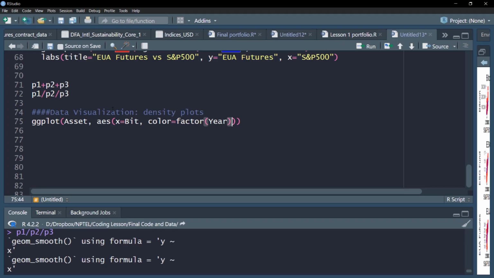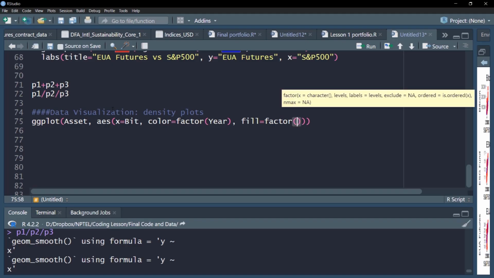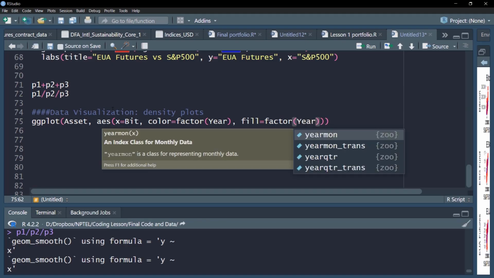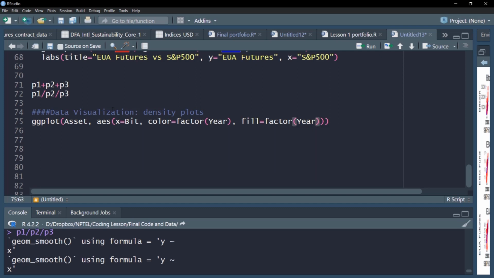So each year will be used like this, and then I'll also use the fill as factor. Fill also as factor here. So I'm using the color, and also as you'll see the boundary lines of those density plots will be specified through different colors for different years with this command.